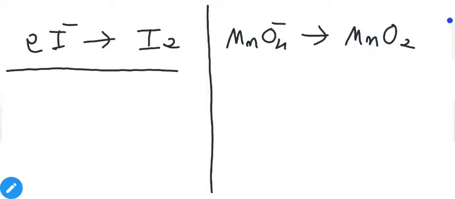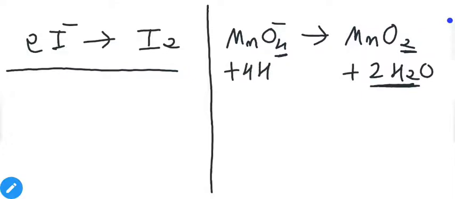First we add 2 water molecules on the right hand side, because we have 4 oxygens on the reactant side and only 2 on the product side. Now with the addition of 2 water molecules we have 4 hydrogens, so let's add 4H plus on the reactant side. Now the atoms are balanced, but the medium is basic, and that's why we have to add an equal number of OH minus as H plus. We added 4H plus, so we have to add 4 OH minus.